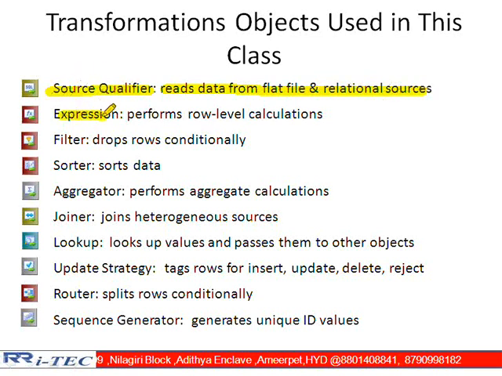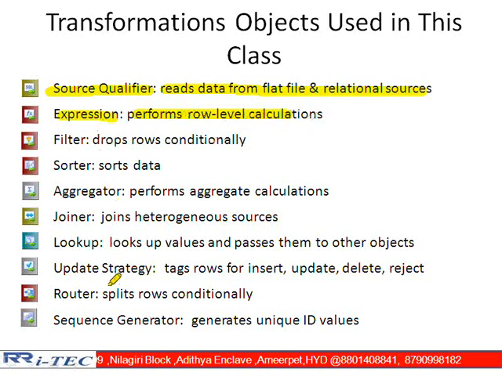And down the line we come to understand expression. Expression is useful to do calculation at the row level. Let us say I have a salary column and I want to calculate a tax column. Salary of Ram is 5,000. Then I want to calculate the tax. How to calculate that? 5,000 into 0.1, right? That kind of row level calculation we can do.